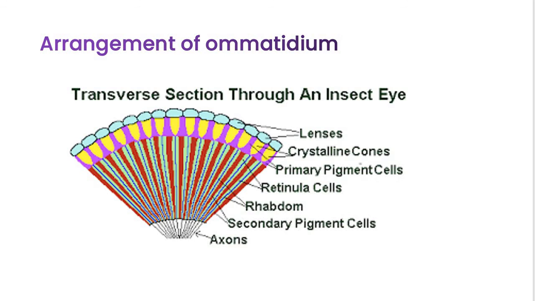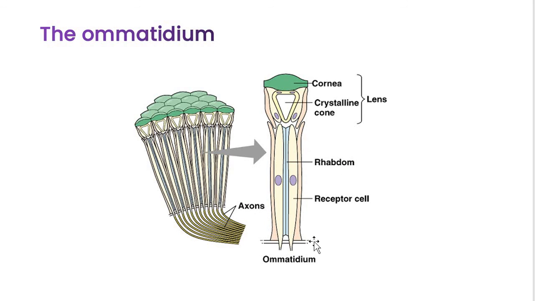You can see the rhabdomere in this diagram. This is the rhabdom. These are the receptor cells. This is the cornea. Here the crystalline cone collectively forms the lens. Here you can see the retinular cells or pigment forming cells. This is the rhabdom, and these are the receptor cells, from which the endings of nerves or axons arise. The sensation given by the receptor cells passes towards the optic apparatus.